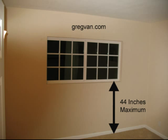So building codes require the window opening to be less than 44 inches. So that's 44 inches or less from the top of the window flange. Let's not make any mistakes here. It's not actually to the window sill, it's to the window opening. So once you open the window, it would be to the top of the vinyl or aluminum or wood window, whatever you have there. And this one here is about 48 inches, so it's not gonna make a building inspector